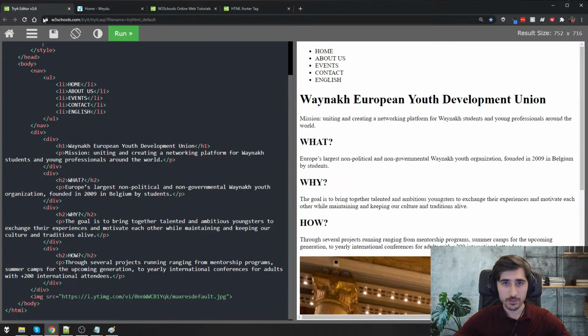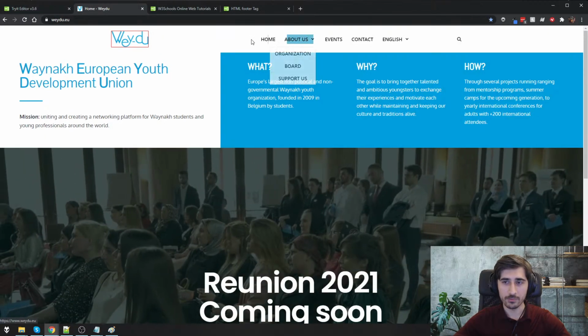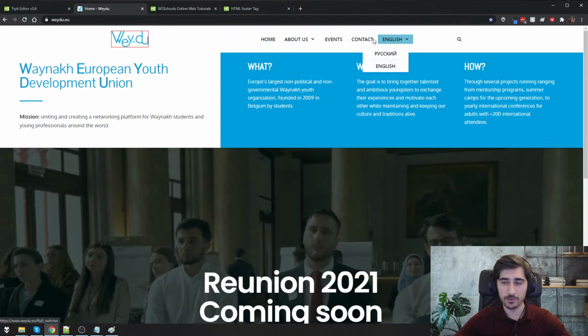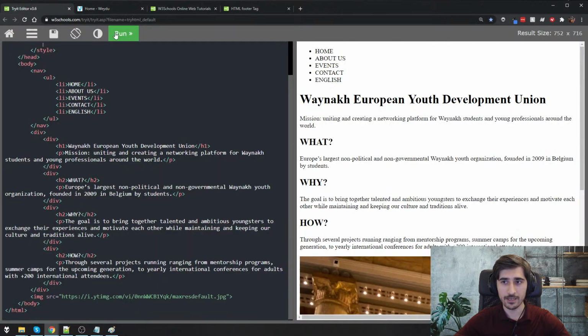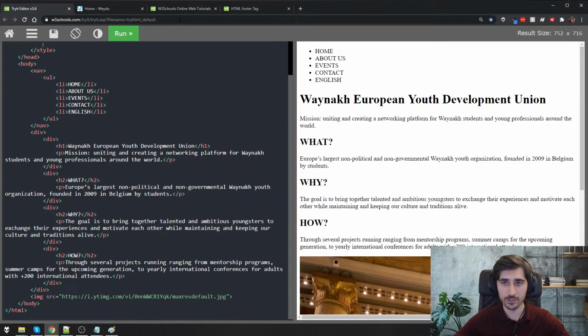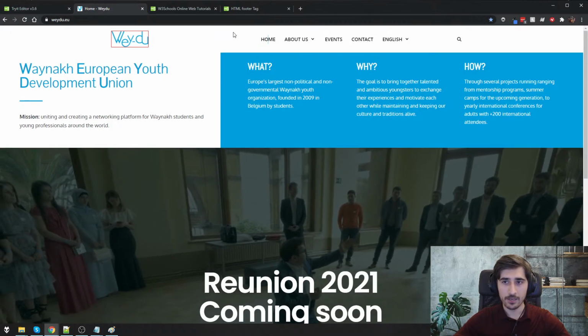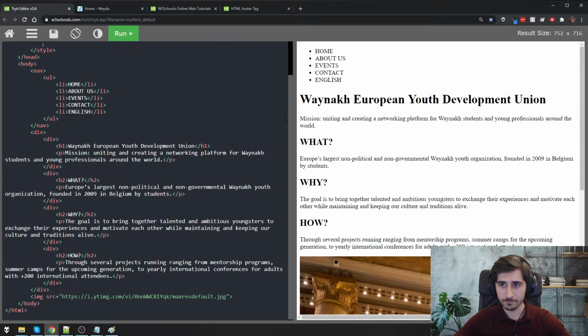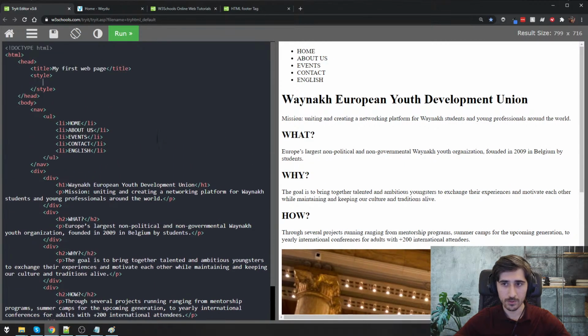And we will start with the navigation bar. We will try to make all these stand next to each other instead of on top of each other, and we will try to center it. So to put them all next to each other,